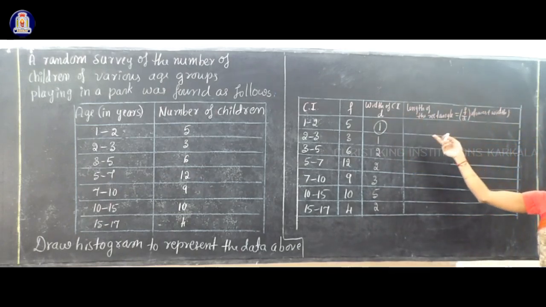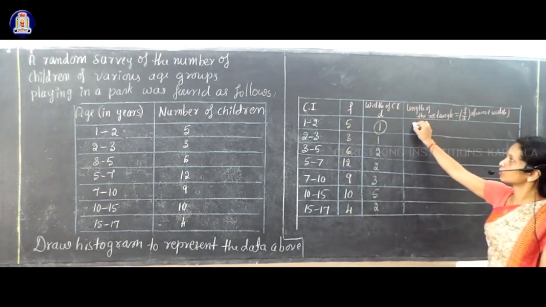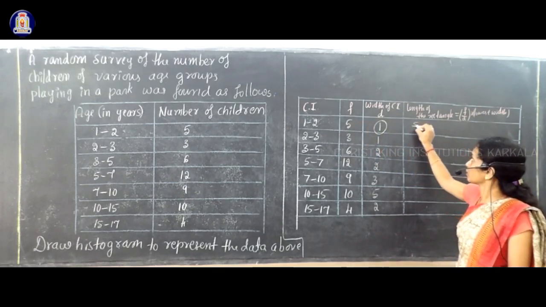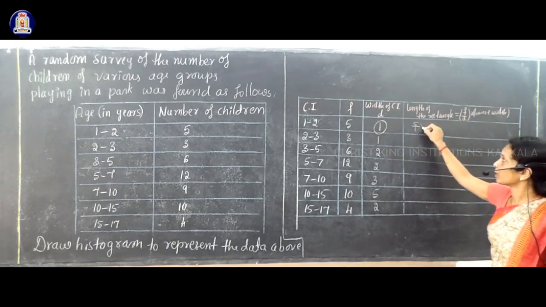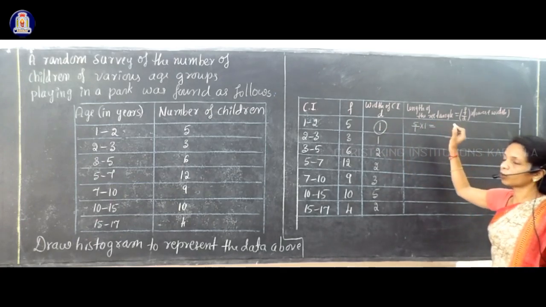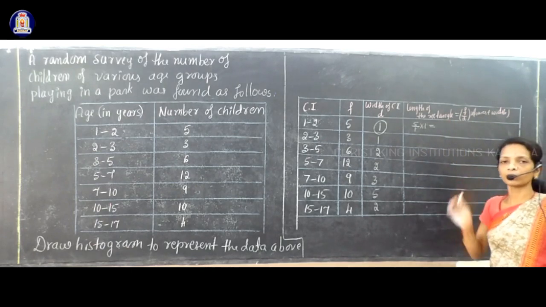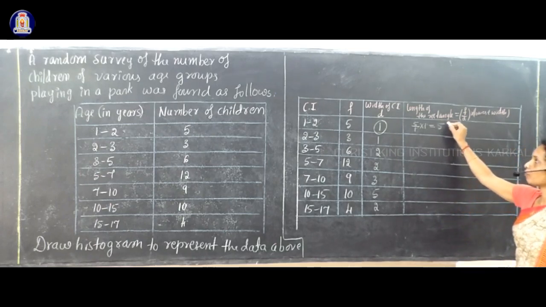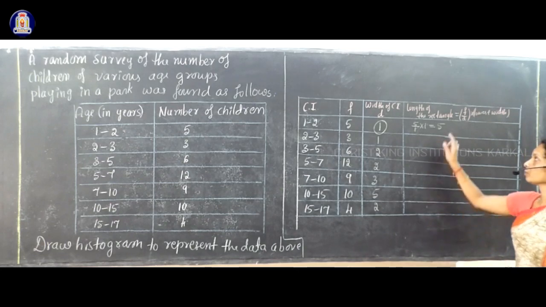So now you have to calculate actual length of the rectangle for each class interval. Now for the first one, what is f for this? That is 5. 5 divided by d value. D value for that is 1. Okay, 5 by 1 into 1. That gives you how much? Here this 1 cancels and anything by 1 is the same thing. So here it is 5. So length of the rectangular bar here is 5.